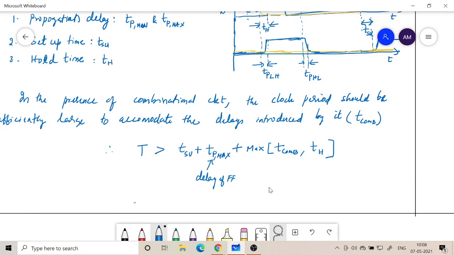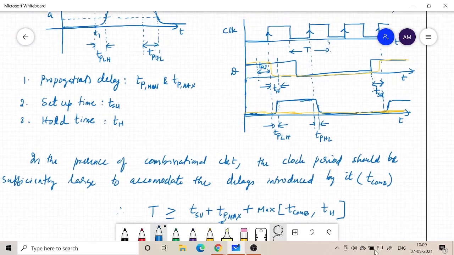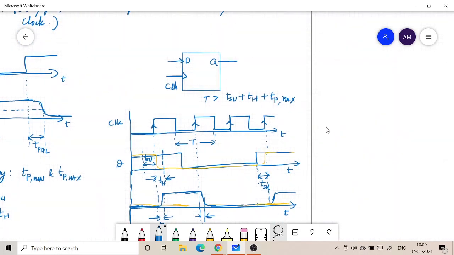So this is the time period. So the time period should be greater than this. The minimum should be like this, and therefore the maximum clock frequency will be 1 by t minimum. If you just add all of these quantities and equate it to t, that is t minimum, the lower limit, and the inverse of that will give you the maximum frequency. So the operating frequency should be less than f max. Then we can ensure that things will happen without any improper working.